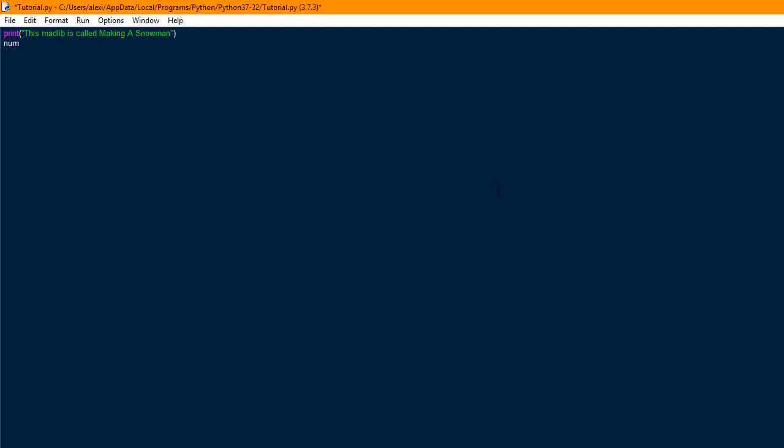Okay, so we can make the number of snowballs they put. So number of snowballs equals input, enter a number, like that, and there's going to be something, let's say number of